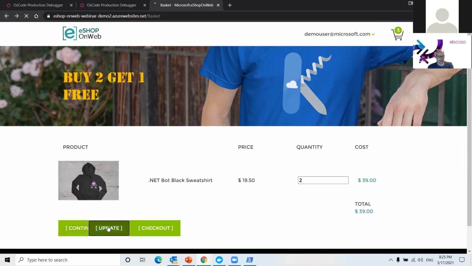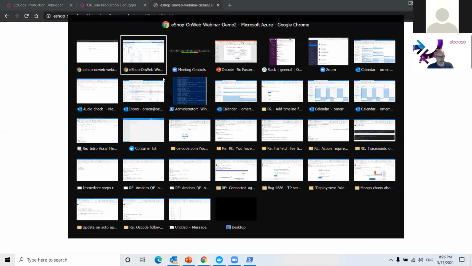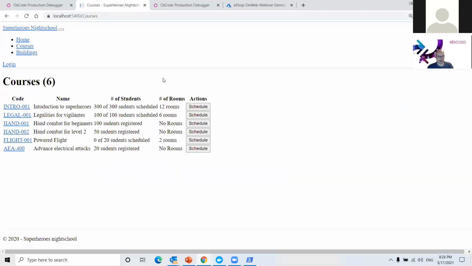We hit the update button, and then the customer ended up deciding that they don't want this t-shirt, and they chose to update to 0 so they can go and buy a different t-shirt. They hit update, and nothing good came out of that at all. So essentially, you can see this sort of stalled, and then they got an HTTP 500 error. And really, that customer is probably not going to buy anything from us ever again.